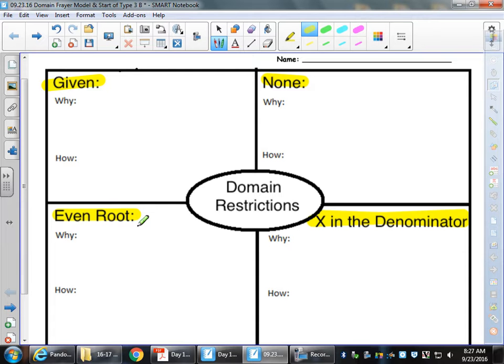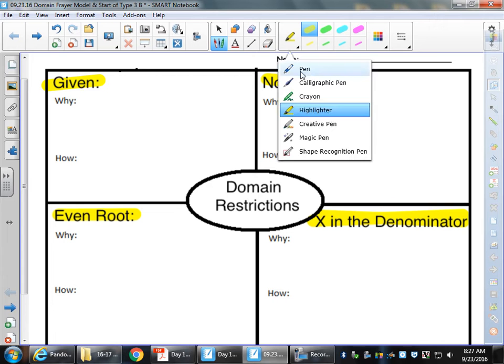When something is given, what does that mean? Just not a trick question. You have it. You have it. So that's what this means by given. So for example, if I wrote down,